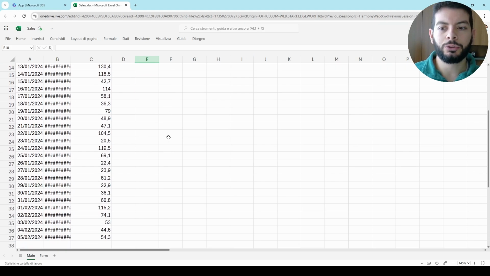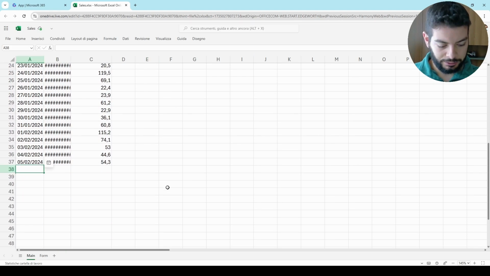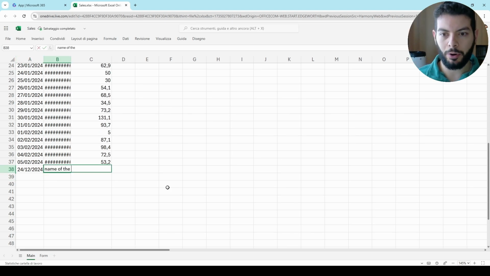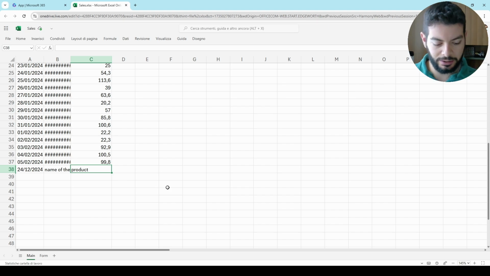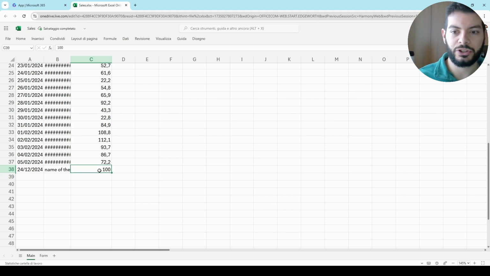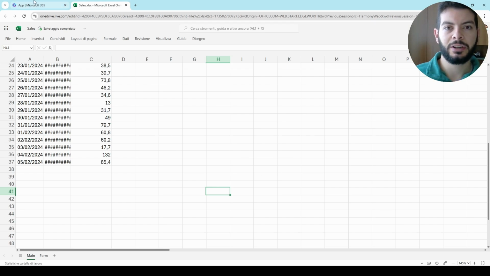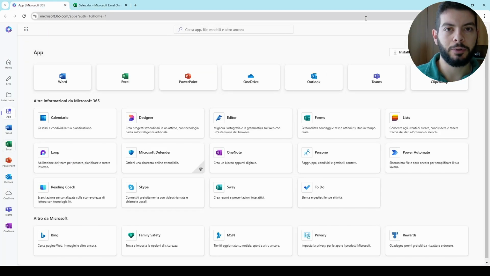So in order to not fill in the data field manually every time with the name of the product and the amount you sell, you can do something a bit smarter. That is a form, another Microsoft product that in my opinion is undervalued.